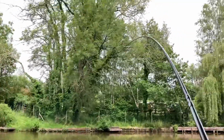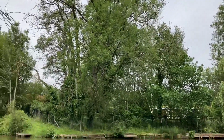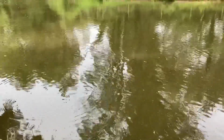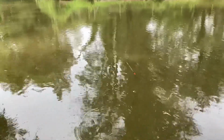Guys, we're in. We're in. It's taken just over half an hour. I haven't seen it yet. I'm not sure what it is. I'm guessing it's a carp. I don't think it's overly big. Hang on. Oh, I don't know. I don't think it's massive, but